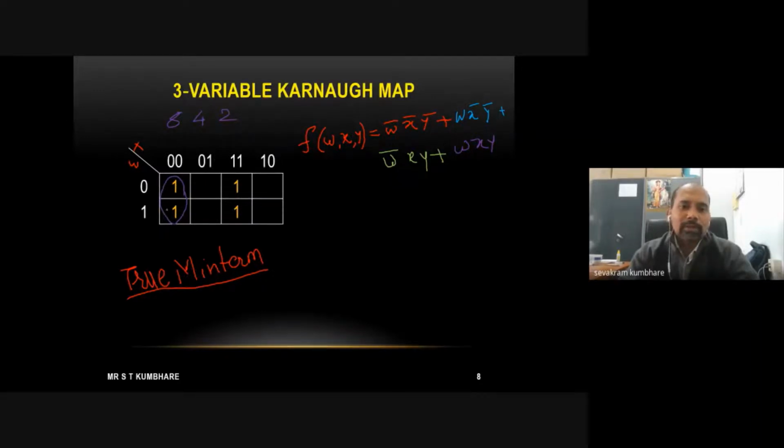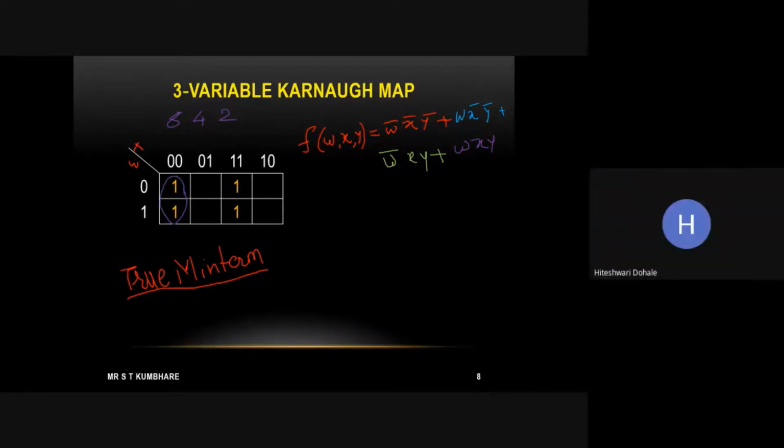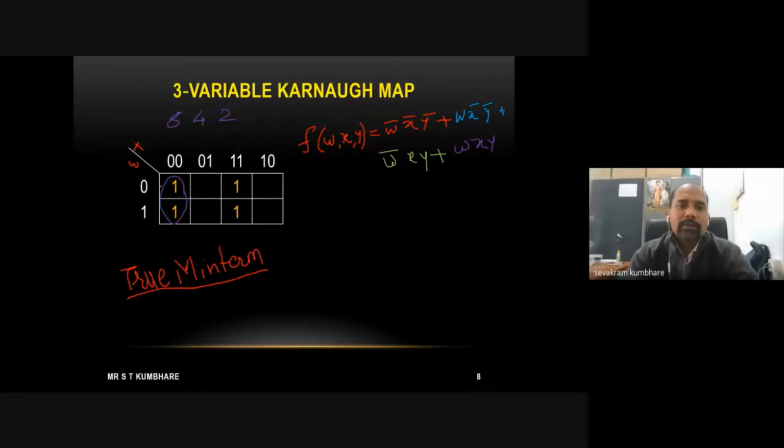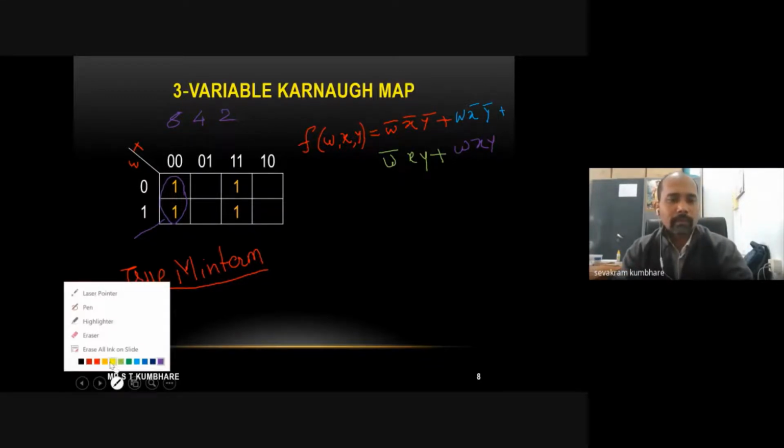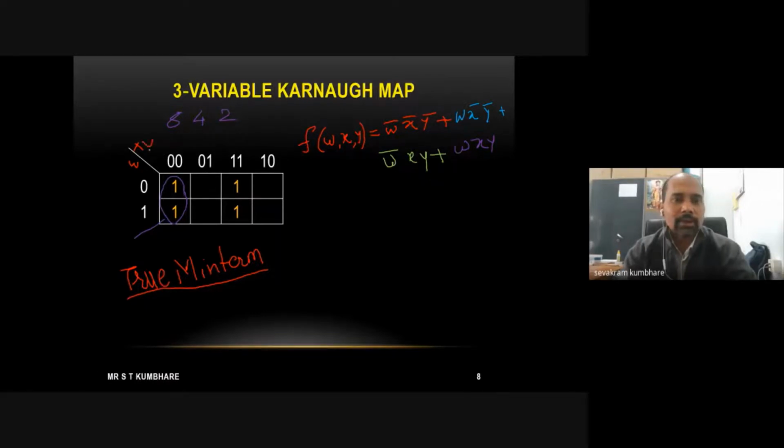All of you got this? Have you got this? What I have done? So I have to club these 2 cells. So if I club this, what will happen? I can write down the expression for this. Now how to write down the expression for this? You have to write down those variables. Okay, wait, give me a minute. This Y is missing over here. Y was here. Okay.